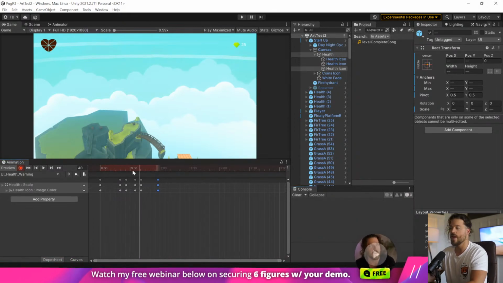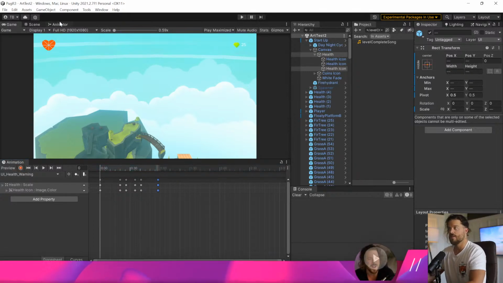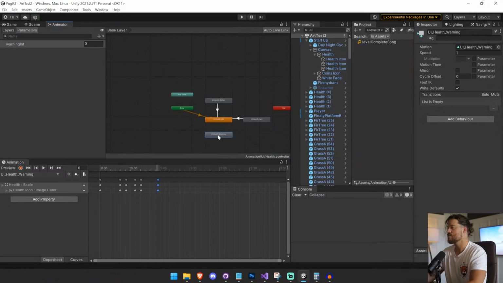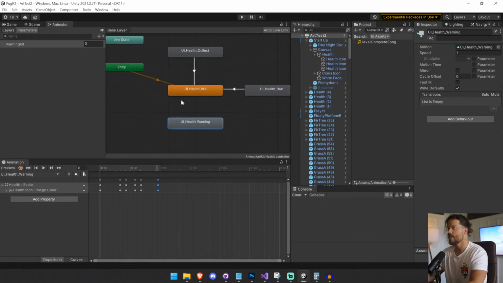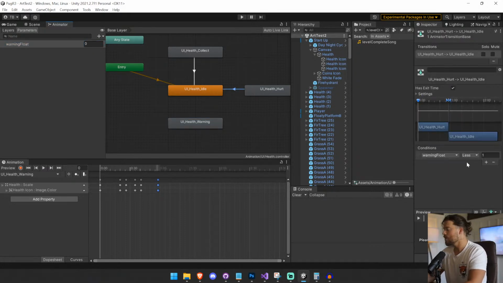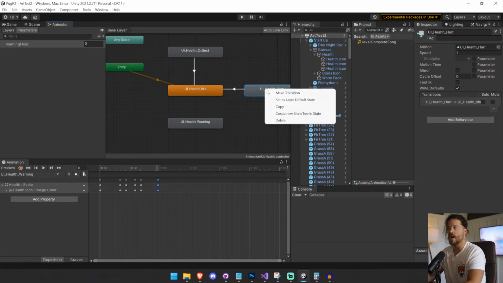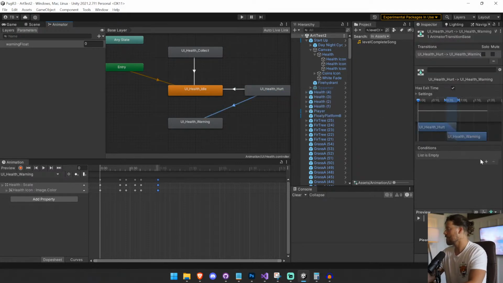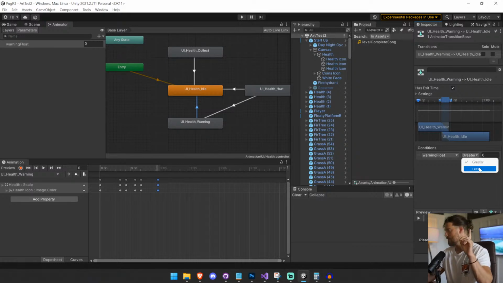Good. Okay, now the next thing is we need an int that influences this. Okay, this is interesting. Watch this. This isn't called warning. It's going to be called warning float. If warning float is less than 1, then go back to idle. If it's not, go to the warning. If it's greater than 1, then go to warning. If it's not, go back to idle. If warning float is greater or